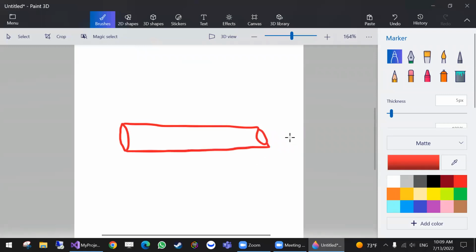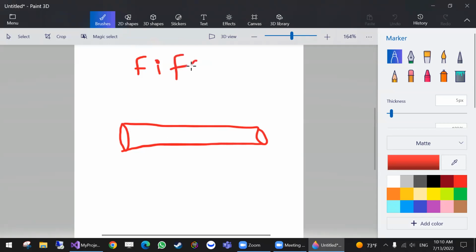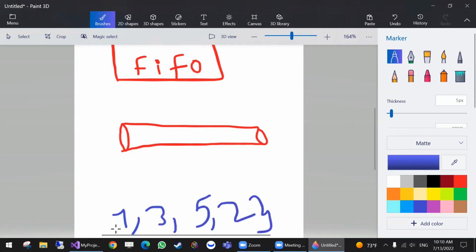In a pipe situation, you have the FIFO behavior. FIFO means first in, first out. So yeah, if I have this data 1, 3, 5, 2,